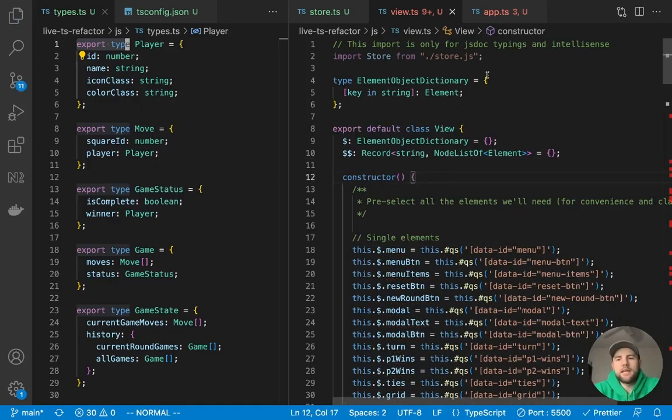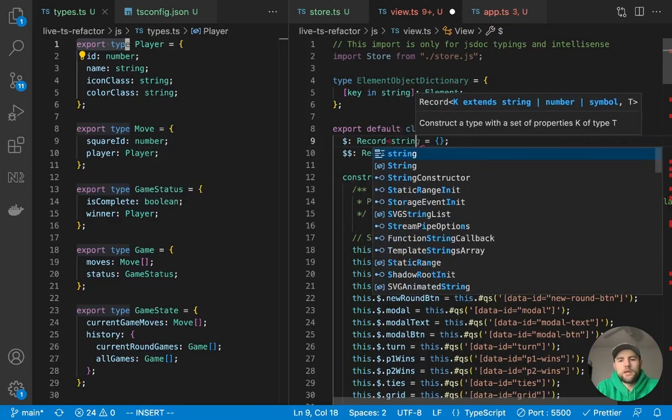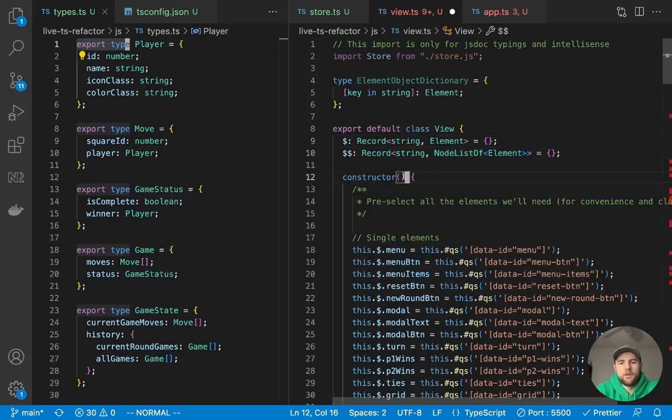So what this is basically saying is I want an object that can have an arbitrary number of properties, and the key of that property, so menu, menu button, menu items, is a string, and then the value of that property is an element as assigned here. So this type right here is really the equivalent to what we did earlier, where we said record string element and then closed it off. And if you really wanted to get fancy, you could do this with generics.